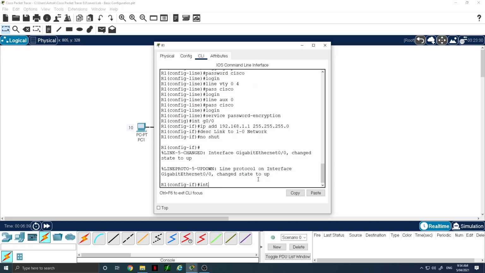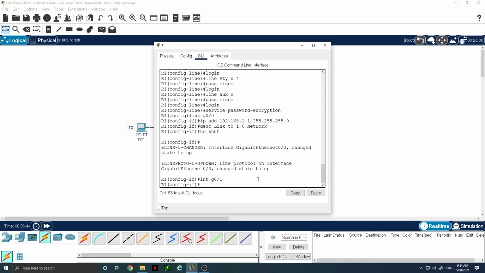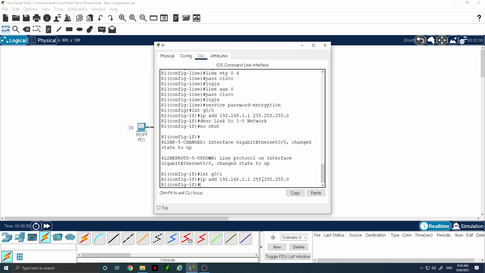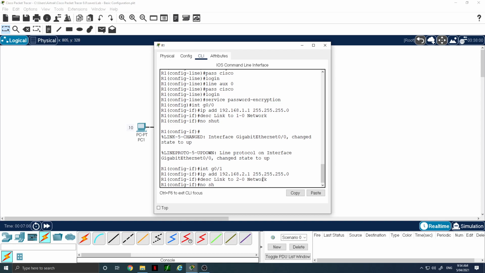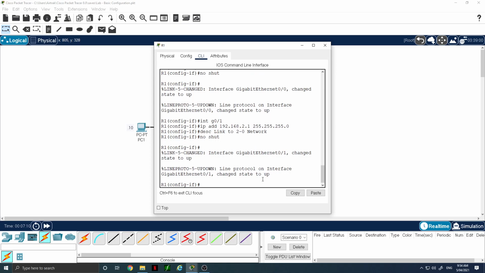Next is the 0/1 interface, and we want to put an IP address on that of 192.168.2.1 subnet mask /24, and this is a link to 2-0 network, and we want to activate this interface as well. And